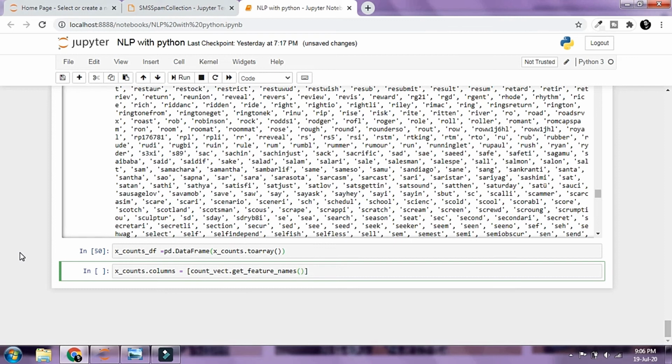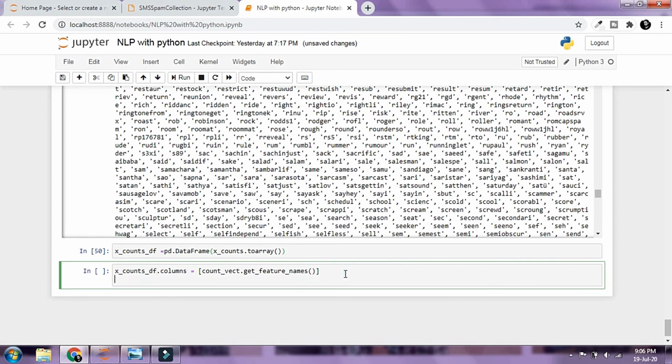So the feature names are gonna be the column names inside our x_counts_df data frame. And let's run this,